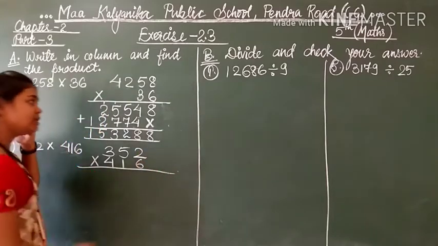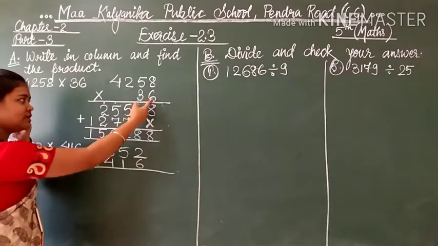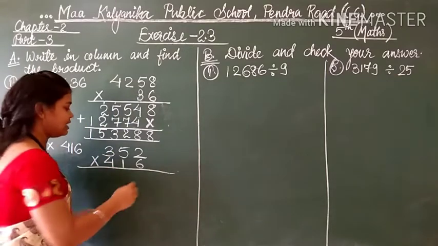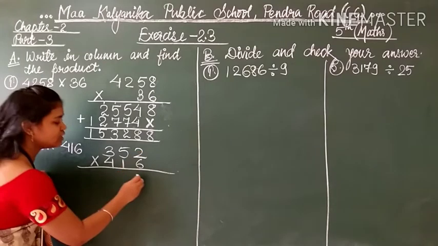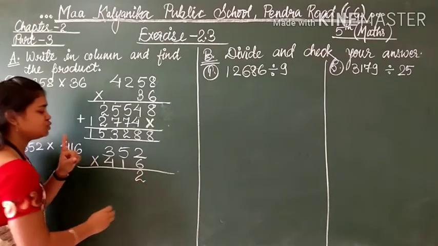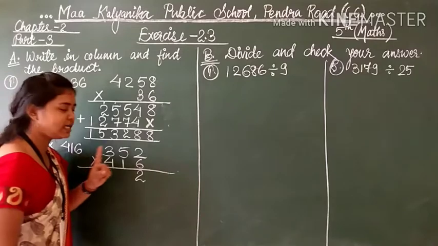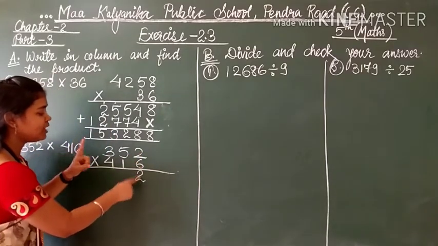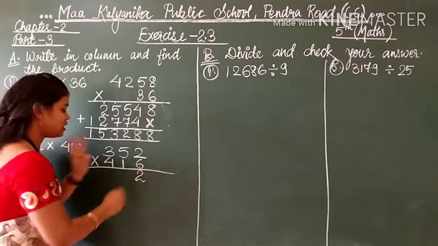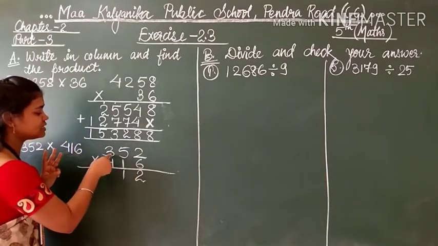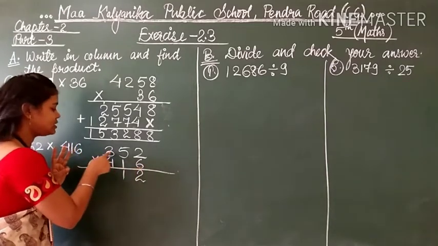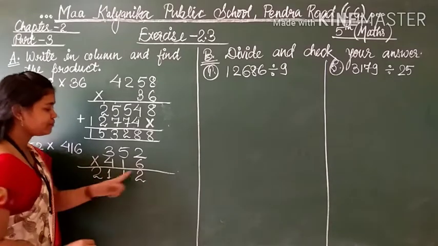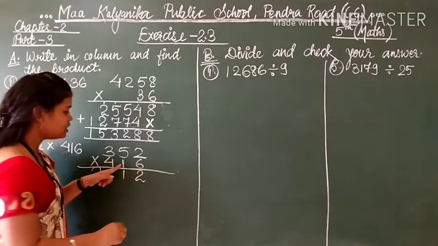So see students, now in the same way, the first and second digits will be multiplied as you have done before, and the third digit multiplied after that. So see here once again, 6 2s are 12, 1, 2, 12. 6 5s are 30 plus 1, 31. Now 6 3s are 18, 19, 20, 21. 21. First number over. Now second number.